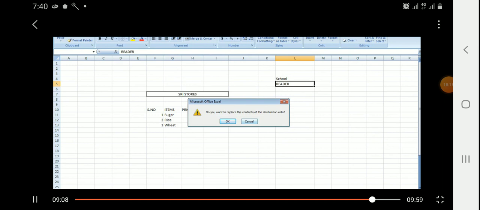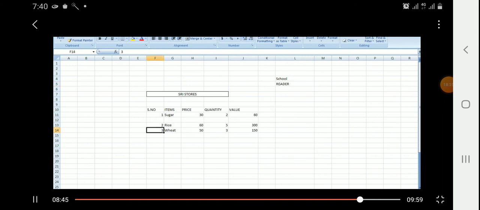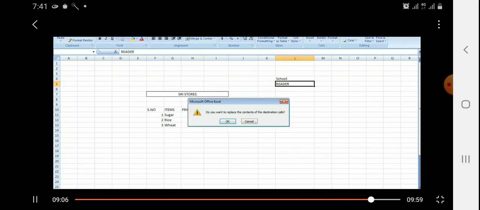Students, now I am going to show you how to copy content from one place to another place. Now you look in this practical. You are selecting this data.